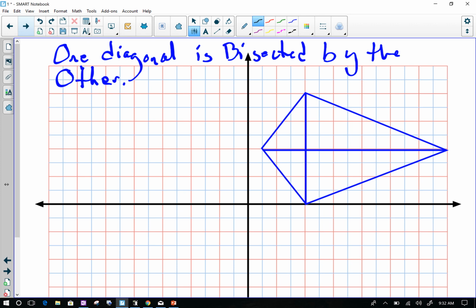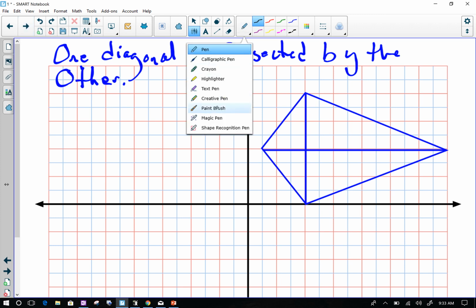Our next property, the one I have listed here in this video, is not one that I originally put on the tree diagram, but holds true all the time: one of the diagonals is always bisected by the other diagonal. Now, there is no rhyme or reason to this as far as the longer one bisecting the shorter one or the shorter one bisecting the longer one. It can really happen either way. But what does hold true here